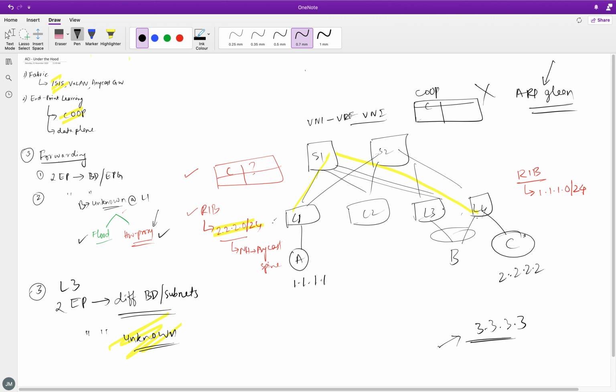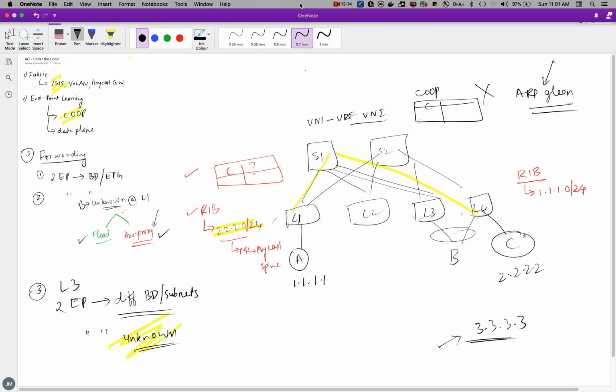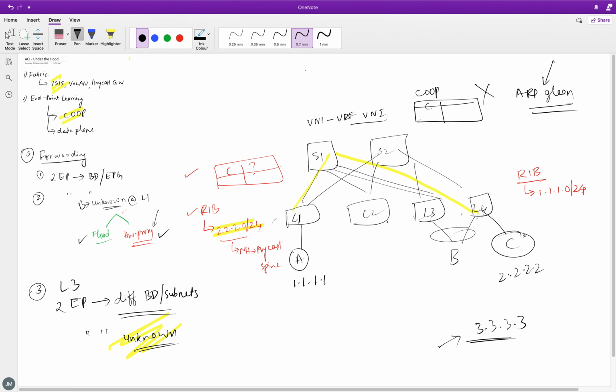Currently I have received it from this particular bridge domain, right? And currently I don't see any kind of host with the IP address of 2.2.2. So let's do ARP glean for this particular host. The ARP glean message is basically sent to the leaves, and what the leaves will do is